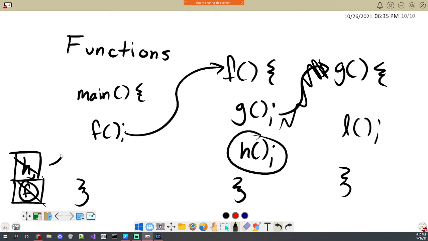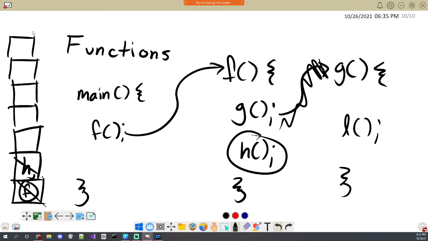These stack frames, these blocks here, contain some information about variables, because you can't necessarily store those all in the processor at once. But yeah, it keeps a stack, which is why if you call a function too many times and this stack grows too tall that it no longer fits in memory, you get stack overflow. That is what stack overflow is: if you put too many things on the stack and it no longer fits into memory anymore.